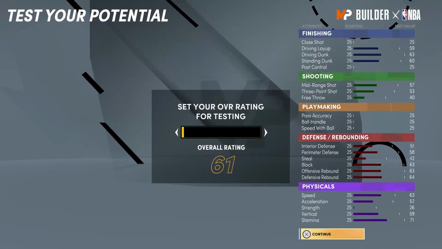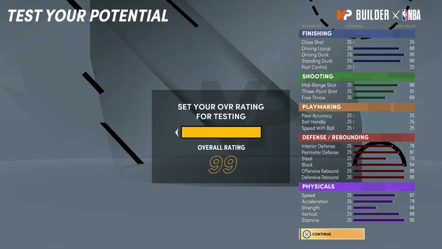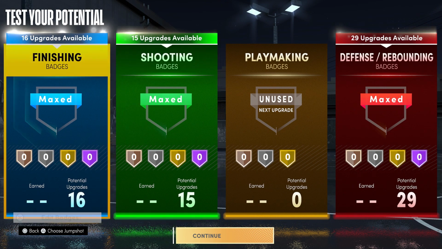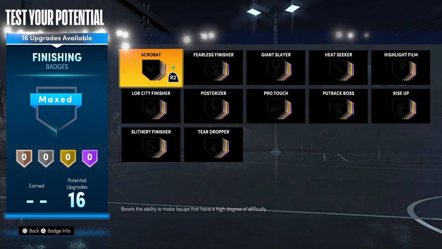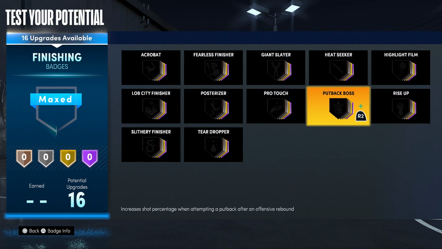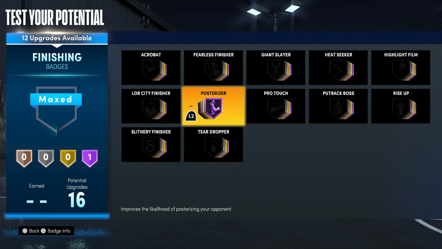I'm going to show you guys the badge layout that I went with. Max 99. A name is just a name, man. You've seen all kinds of crazy names in this game. It's not that bad. For finishing, of course, we're going to go Posterizer Hall of Fame,